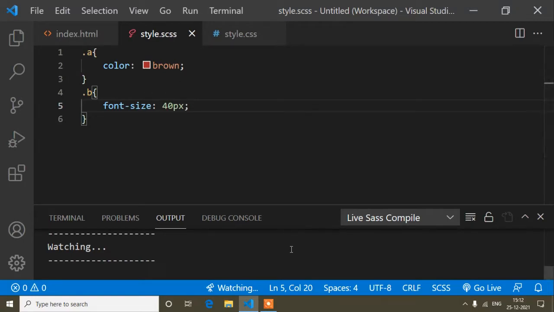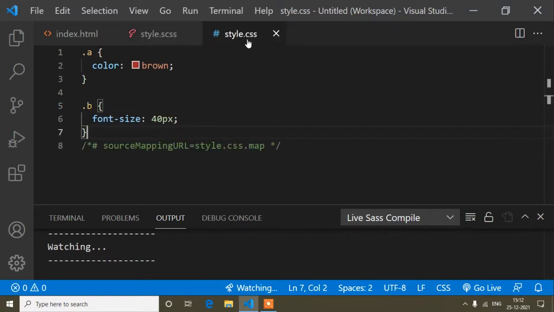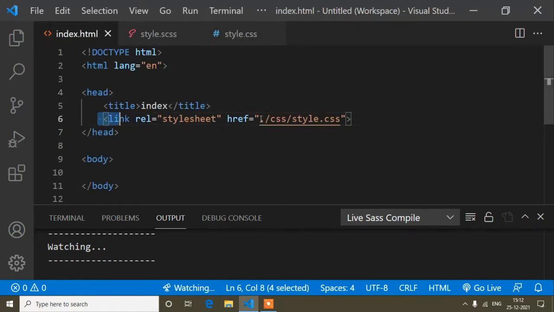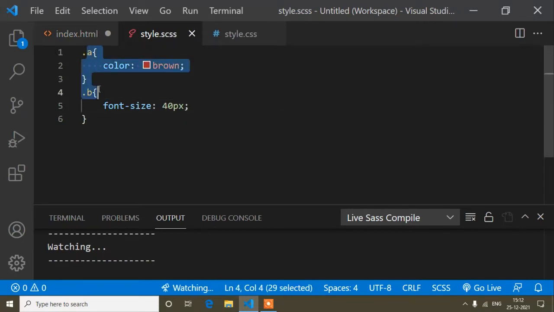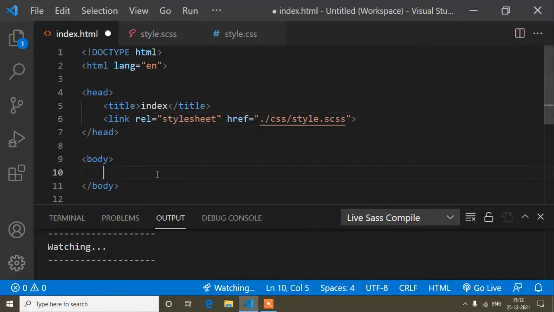The extension compiles to style.css, and I linked this style.css here, and when I run this project in our browser, the browser will render this one, meaning our browser understands only CSS, not SCSS. If I link the SCSS instead, whatever I write in this class, the CSS will not be affected.